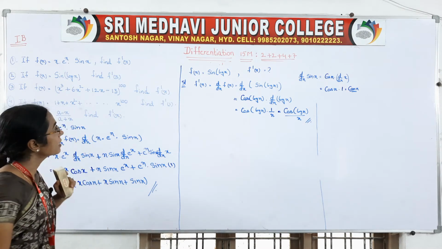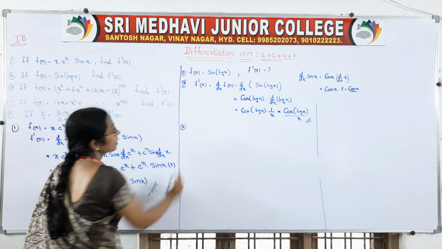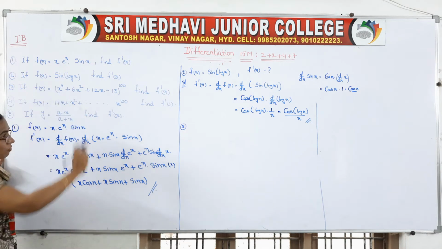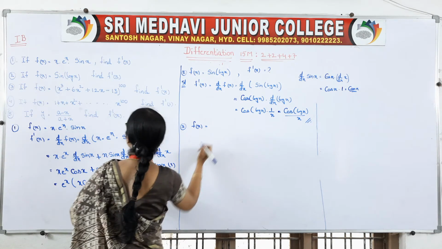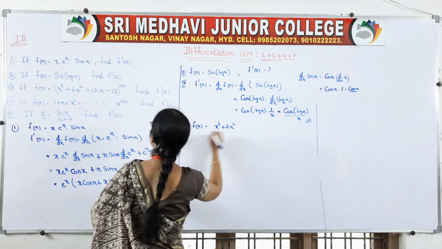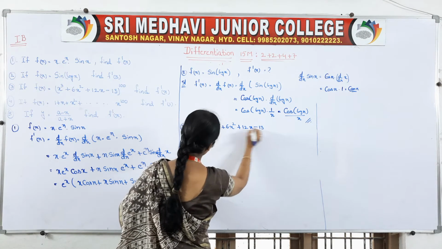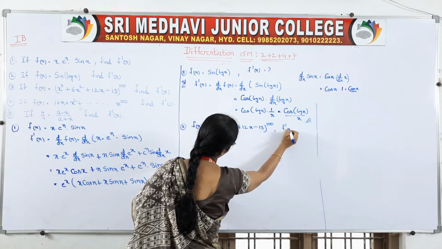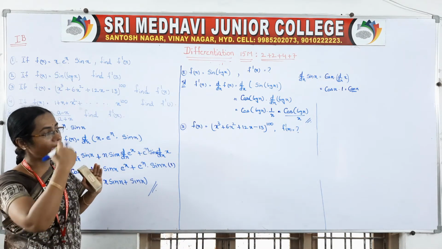Okay, so this is your second question, right? Now come to the third one. What is your third question? See the third question. If f of x is equal to this one, find f dash x. So come on, what is the given information to us? f of x is equal to (x cube plus 6x square plus 12x minus 13) whole to the power of 100. Then find f dash x. This is the question. So any value is having power.